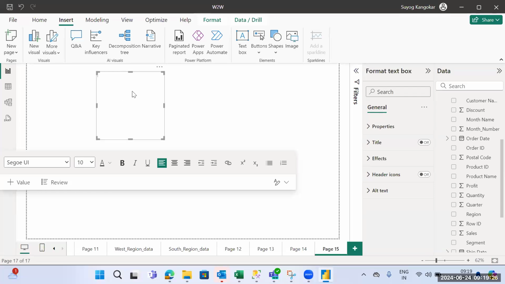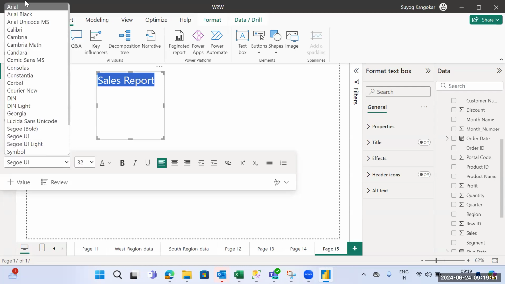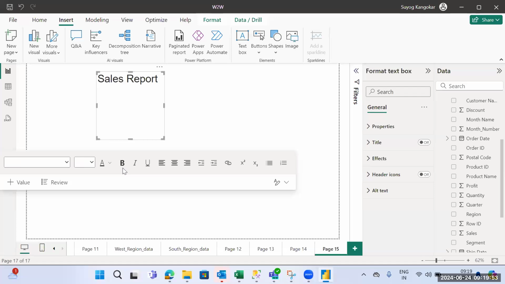just type here, click on this box, with Sales Report. And once you write, it's very small. It will be as per the reports, right? Just select all, and here you can select the font size. And whichever one you want, bold, align, center,